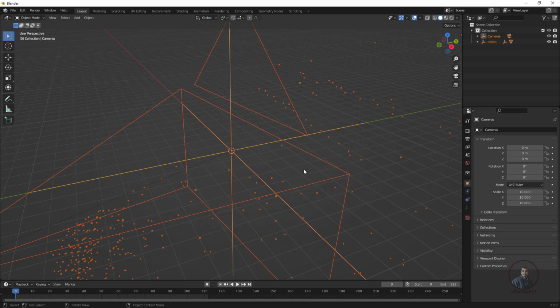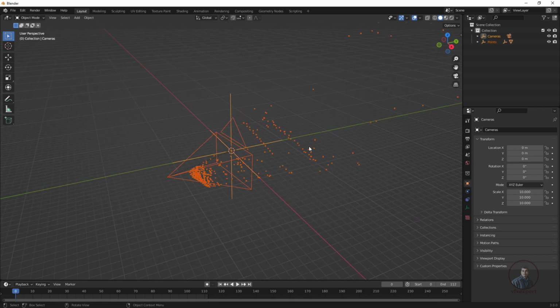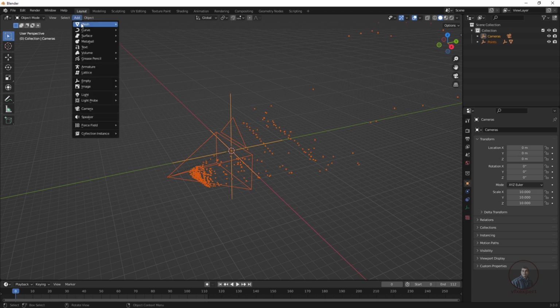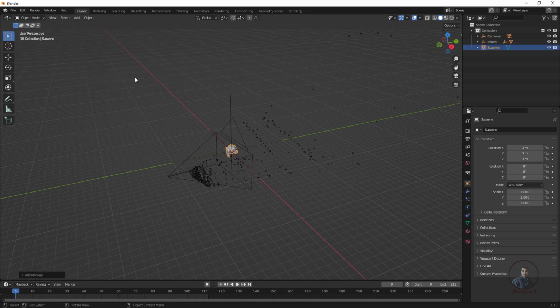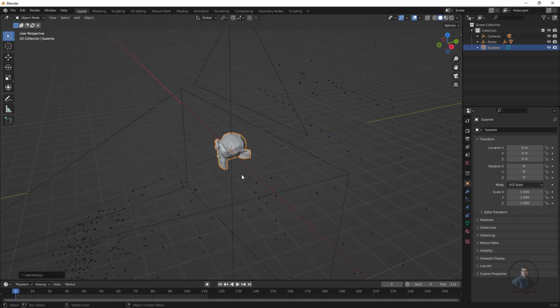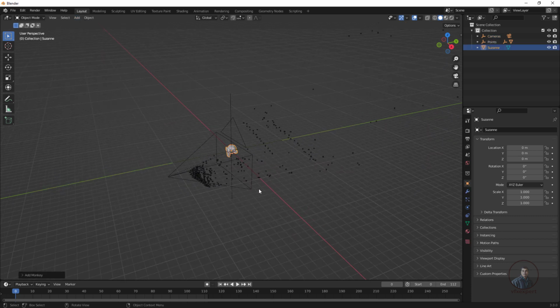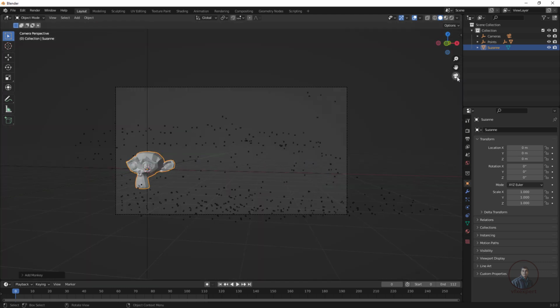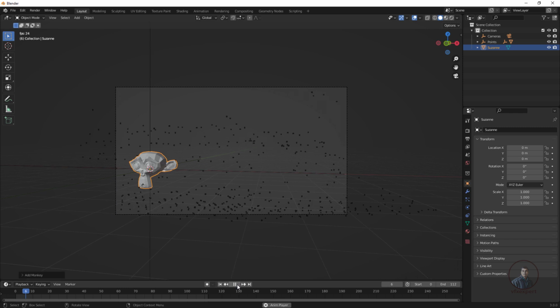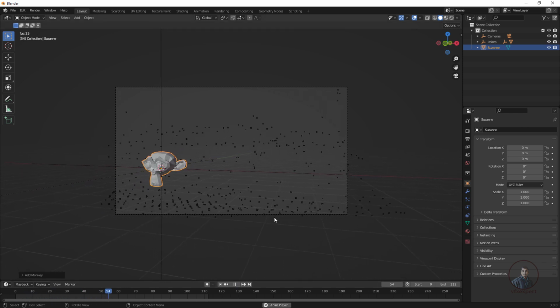We get the same thing here, but now the scene is a little bit big. Now create the same object: add mesh and create this monkey here. Now this is looking good. Like this, you can also scale up your scene before importing your camera tracking data inside Blender. Now select this camera view again and we can play and check. So now this is moving according to the camera movement.